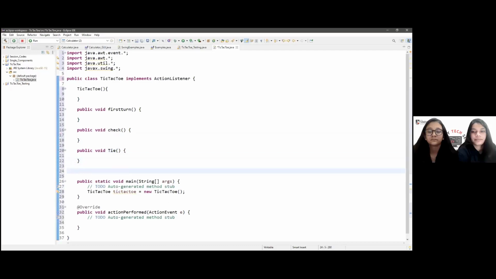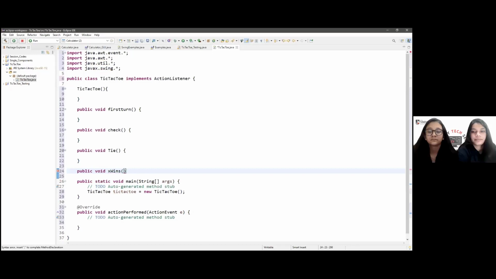Here now we are going to create two methods. One if X wins and the other if O wins. And we are going to check to see who wins within this check method. And at the end, we'll just call one of these win methods. Basically, we'll create one for X first.